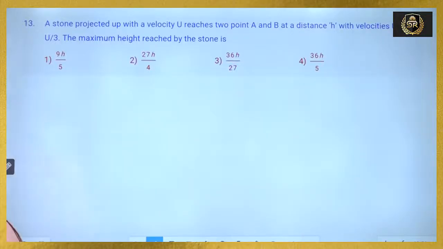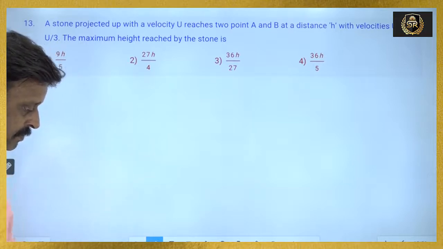Next one. The stone is projected up with a velocity u, reaches 2 points A and B at a distance h with velocities u by 2 and u by 3. The maximum height reached by the stone is,